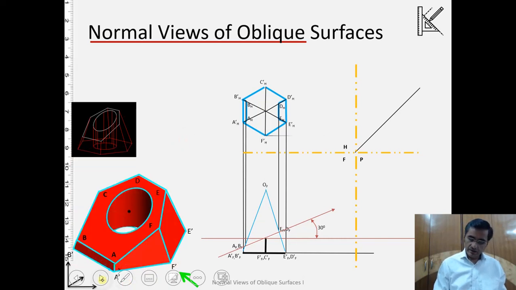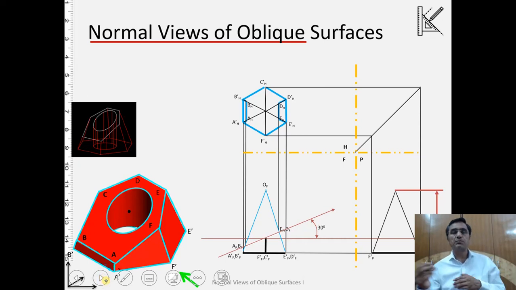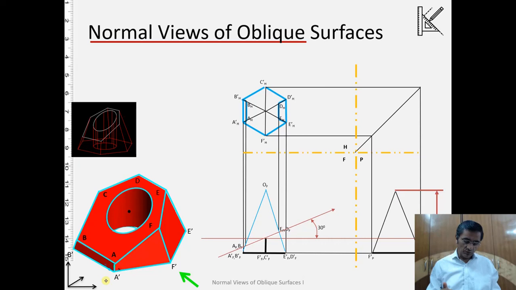Let us do it. So I'm creating the profile view of the given pyramid, and that is how the pyramid is in the profile view, because that's the height. What is the meaning of the profile view? In the case of the profile view, you are seeing this pyramid from this direction. So if you are seeing it from this direction, the points F dash P and C dash P, F dash point here and C dash P point somewhere there, are coming over here. Alright,